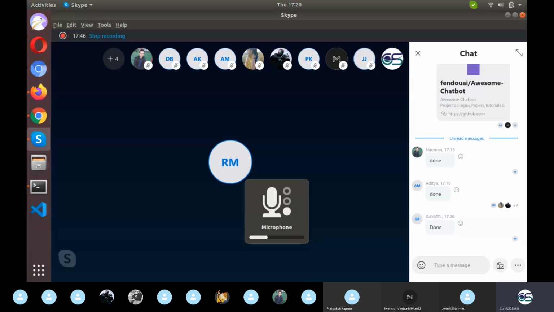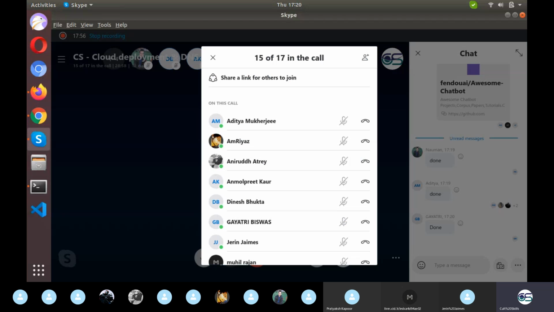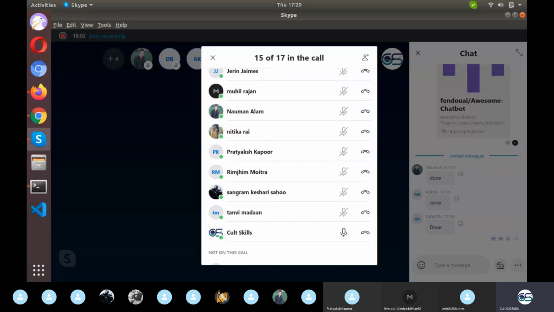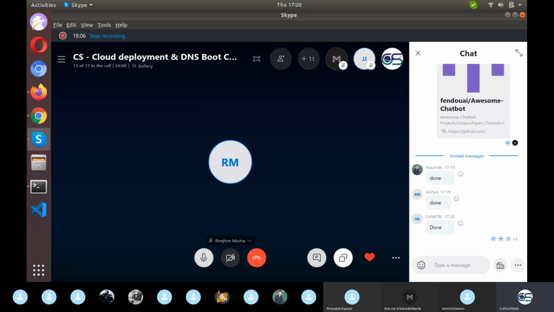Anyone facing any issue with this? Like, done from every side? How many students are there in this group? I guess Tanvi is also here. So yeah, we are 13. I need 13 yes on the chat.